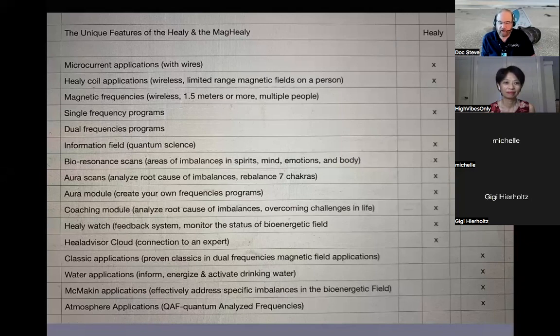With us, we have hundreds and hundreds of functions, but included in that is my favorite, which is the bed rest program for stimulating the vagus nerve. And that's using the microcurrent application. Again, that's unique to the Healy, microcurrent application, yes. That's why it's so important to see the distinct, unique features of both devices, and they